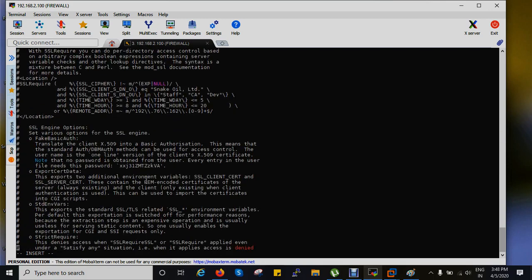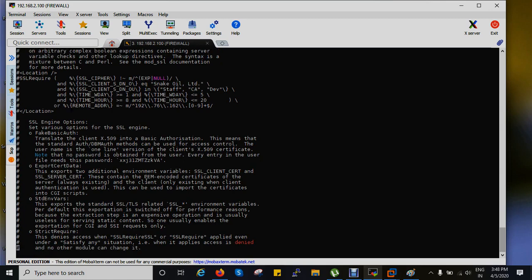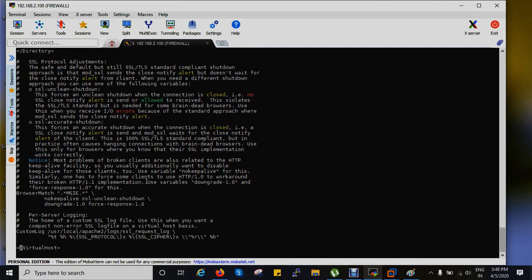Then, to avoid any misconfiguration, press escape, go to the last line, and to save the configuration use wq, enter.